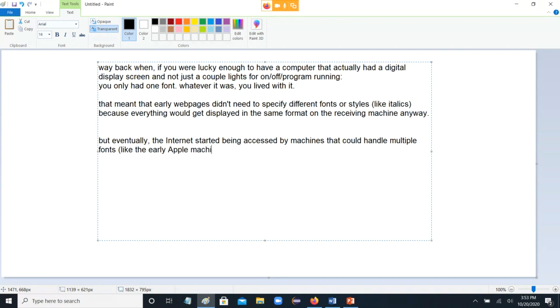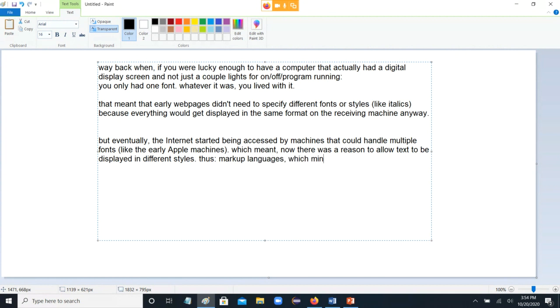The old Macintosh ones. Which meant now there was a reason to allow text to be displayed in different styles. Thus markup languages,